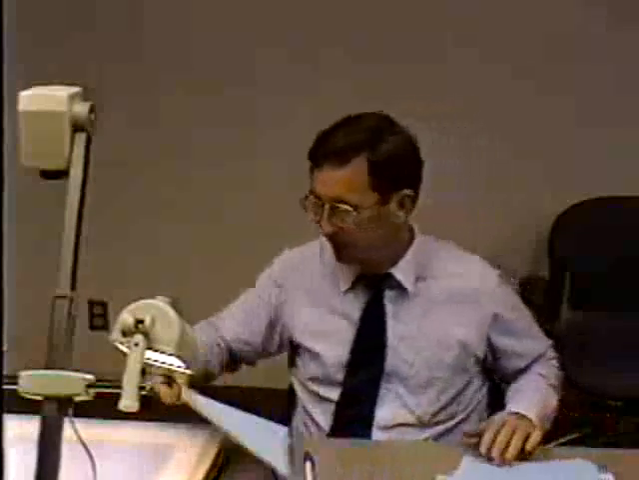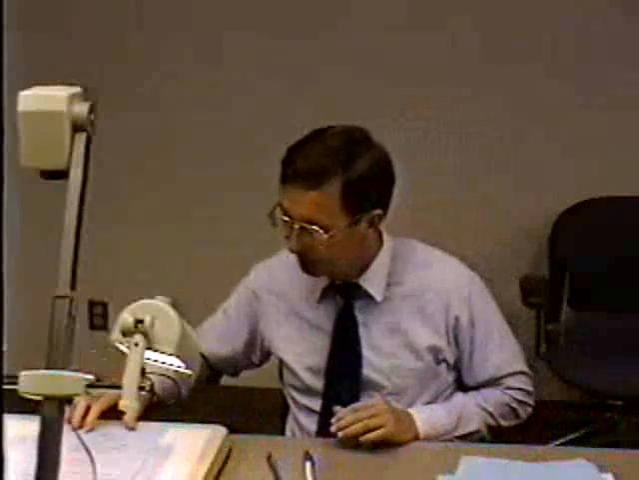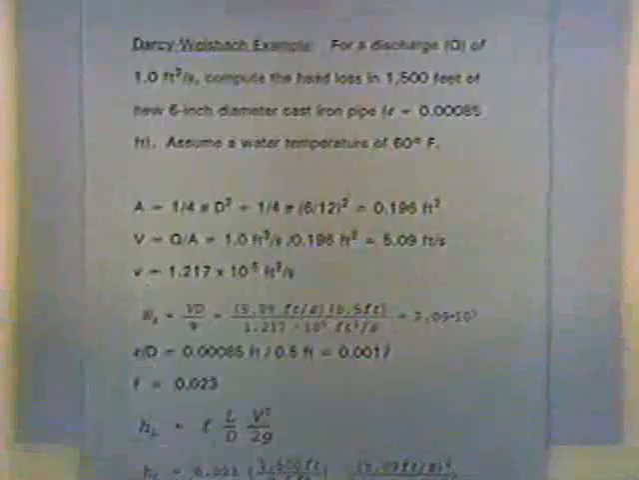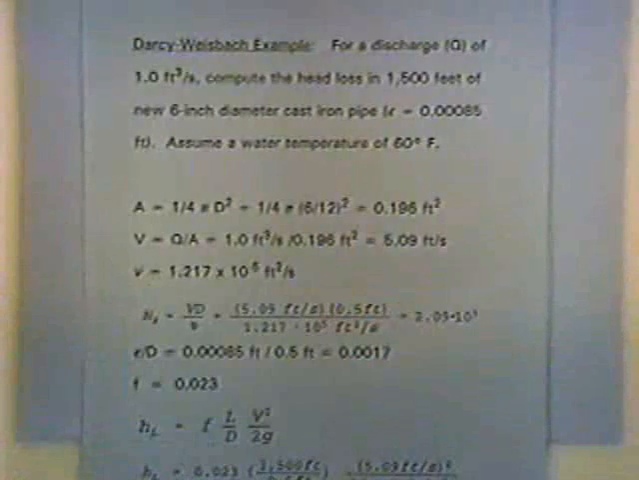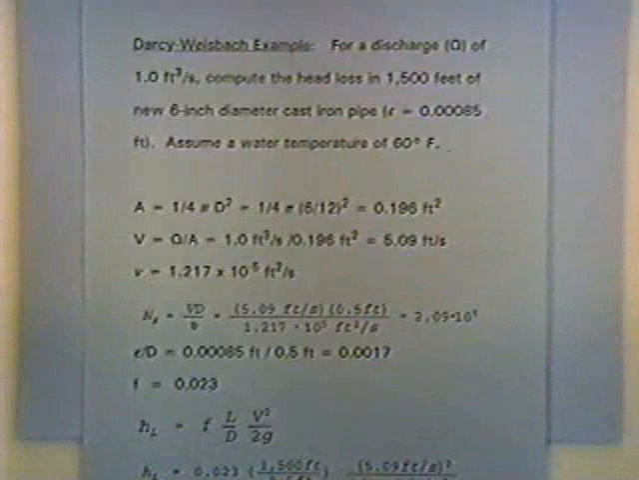Well, we need some numbers to plug into the equation, and so here's a set of numbers. An example problem for a given discharge of 1 cubic feet per second. We want to compute the head loss in 1,500 feet of new 6-inch diameter cast iron pipe, and I'm using a roughness of 0.00085 feet. And if you refer back to table 3.8 from the reference manual we were looking at a second ago,